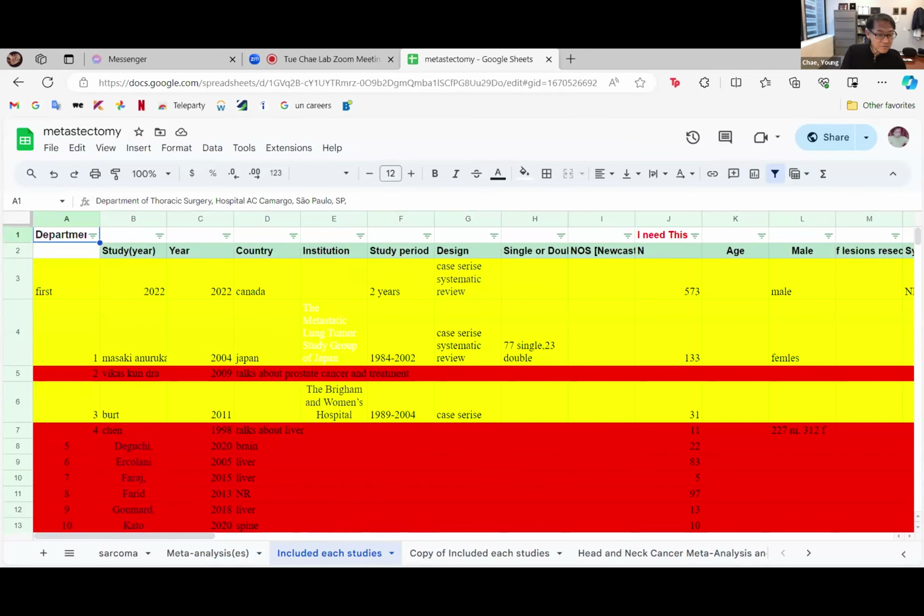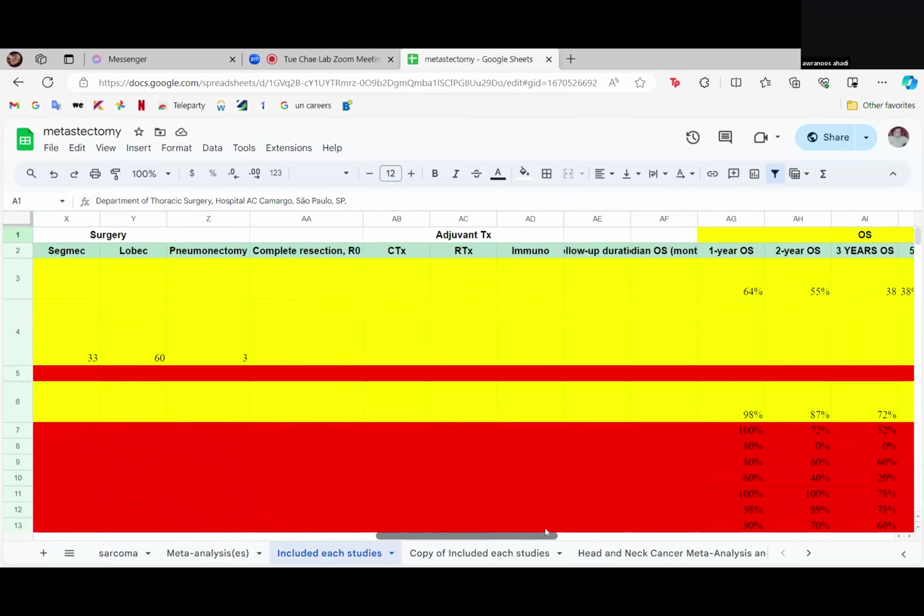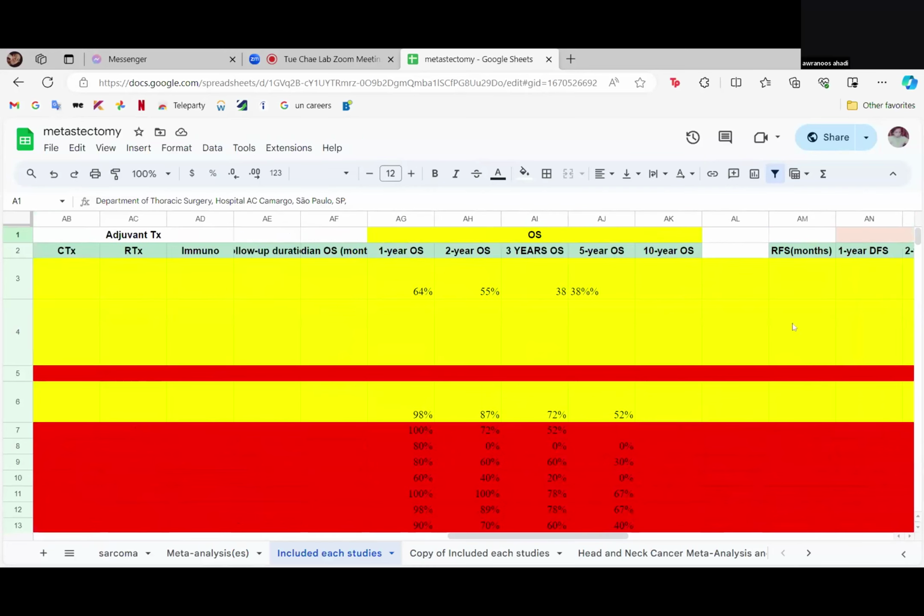So what did you learn so far with the metastasectomy in this group? So, Dr. Sheda, you would think that the metastasectomy and the overall survival rates are not so good, because in sarcoma, first of all, the treatments are not so good, and this area has not been worked on so much. But actually the overall survival rates are quite surprisingly very good in most of the studies,